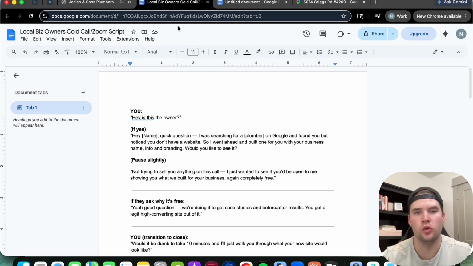So there's 2 pricing rules in sales most beginners trip up on. First one is never quote the price over text. Always say it on the Zoom call after they've seen the website preview. The website does the selling for you. And number 2, collect the card on the call, not after. Either collect it over the phone or send them a payment link in the chat while you're still on the Zoom. They click that, they pay, and now the math, because this is the part most people skip